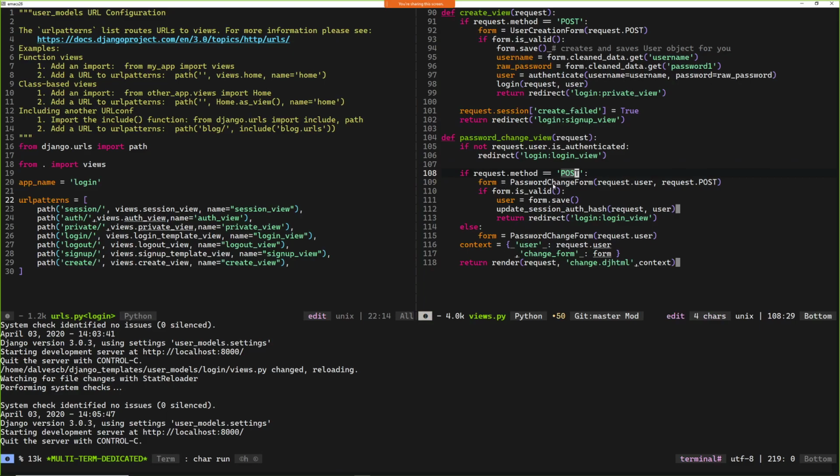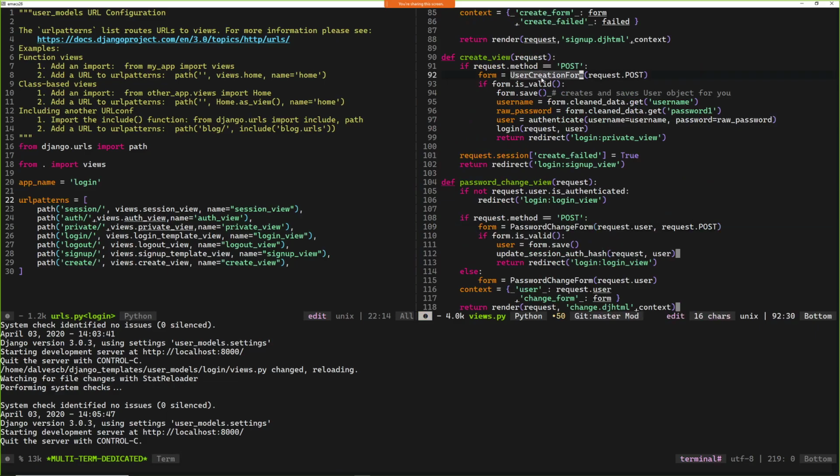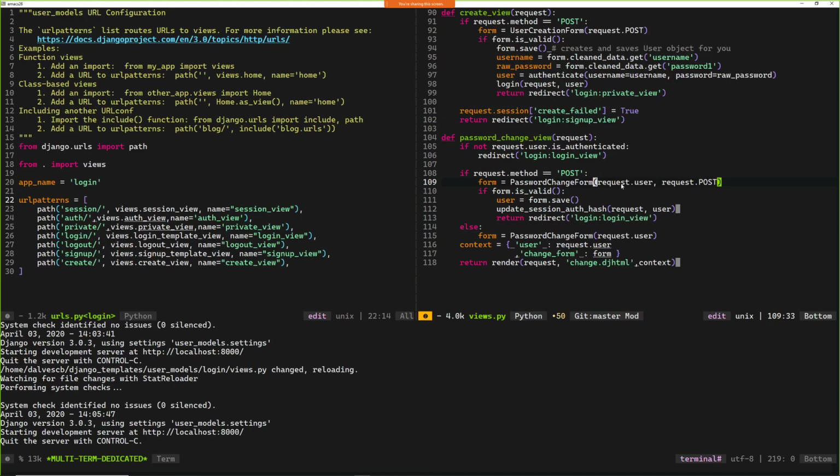So if the request method is POST, then I'm going to get the password change form, just like I was doing over here, basically. And I have to give it the user and the post data. Okay, so before, with the creation form, I gave it just the post data. So now I have to give it the user and the post data. And then I check if the form is valid, if it's a valid password change. And if it is, just like with my creation view, where I just saved the form to create the user, I can save the form here,